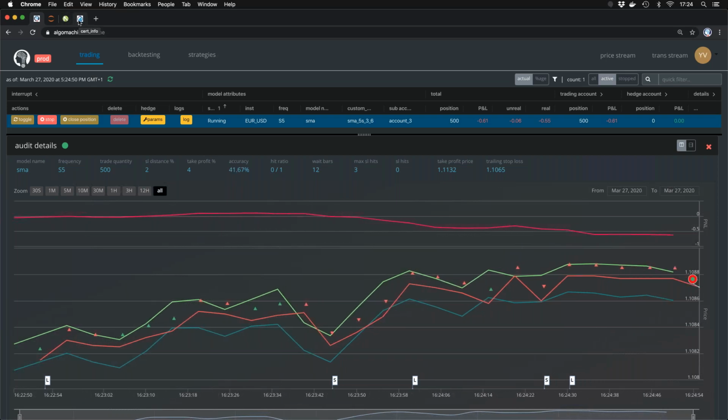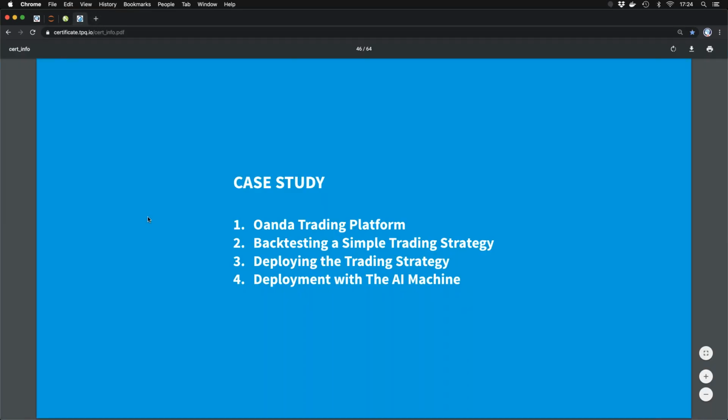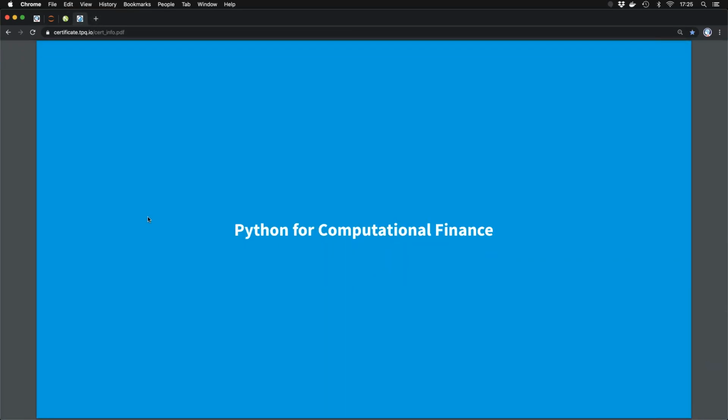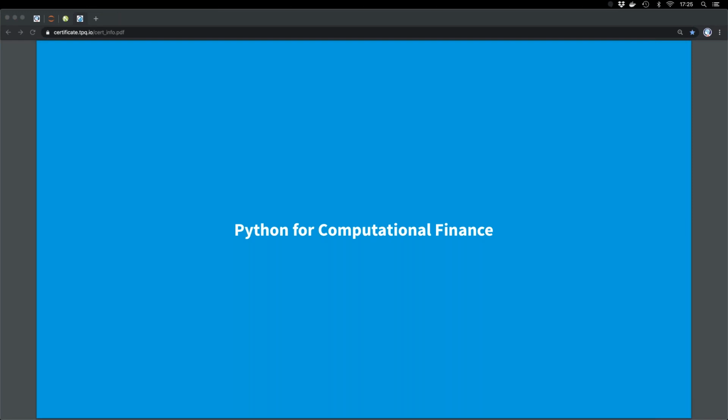And of course, you can always control what's happening via the apps. So this was a pretty quick overview. Python for Computational Finance is now the other core class. There was one question related to what I was showing. Yeah, you can add trailing stop losses. So this is what I've shown. We can easily manage trailing stop losses. You can even dynamically adjust your trailing stop losses, right?